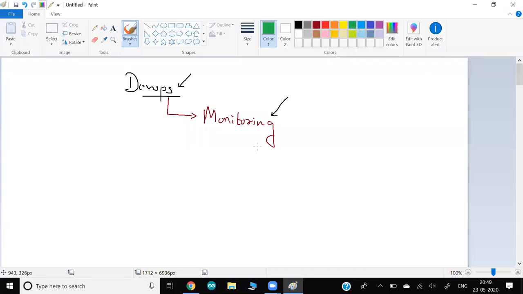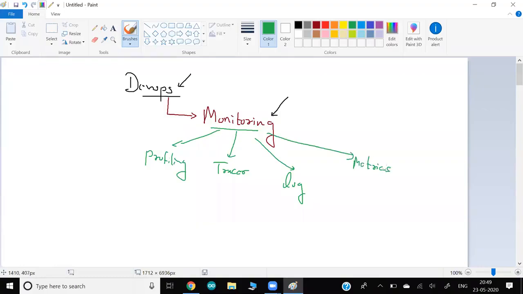There are different kinds of monitoring available, maybe three or four. Sometimes we say there are different ways of monitoring we can do. One is called profiling. One is with the use of tracers. One way would be logs, through which you can do monitoring, and one of the great ways is monitoring with metrics. It is not about which one is best or not best; it is about different contexts or different use cases. We require some tracers, some metrics, sometimes logs.